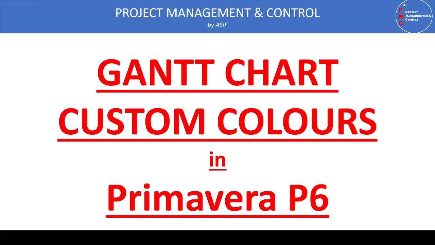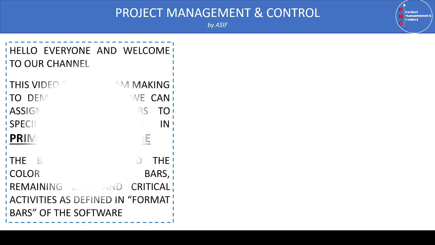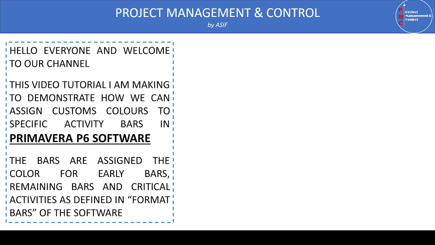In this video, I want to thank one of our subscribers who contacted me and requested a video in which we can specify different colors for different trades and activities in the program. So in this video tutorial, I am demonstrating how we can assign a custom color to a specific activity bar